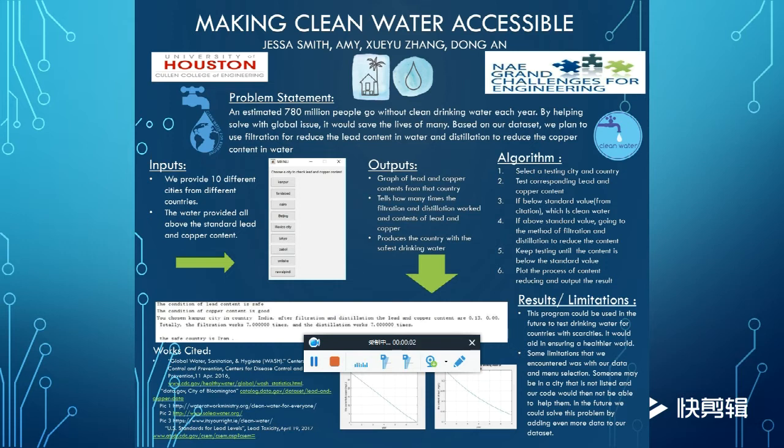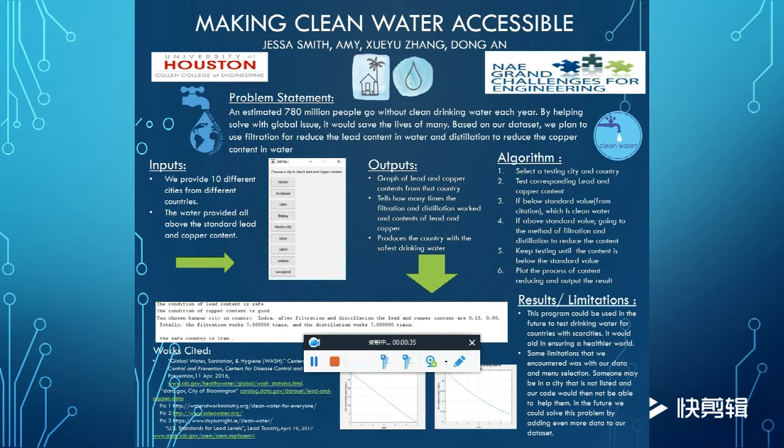This is Dong speaking. Firstly, our goal is to compare the lead and copper measurements in the drinking water with the actual standard drinking water in 2007. And the other goal for this dataset is to personalize the code. We could create a code that contains user input that would ask for the lead and copper measurements. And we use the code to calculate their content in order to judge whether or not the water is